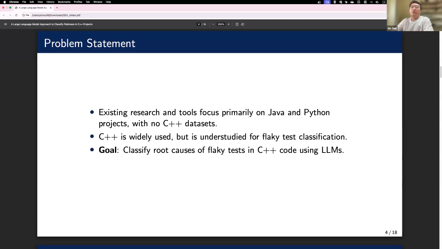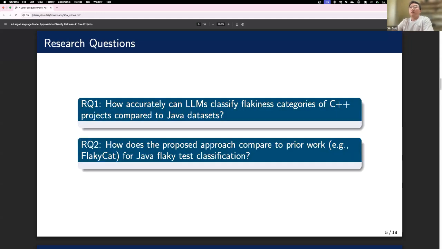Regarding this goal, we have two research questions. The first one: how accurately can large language models classify flakiness categories of C++ projects compared to Java datasets? The second one: how does the proposed approach compare to previous work, for example FlakyCat for Java flaky test classification?